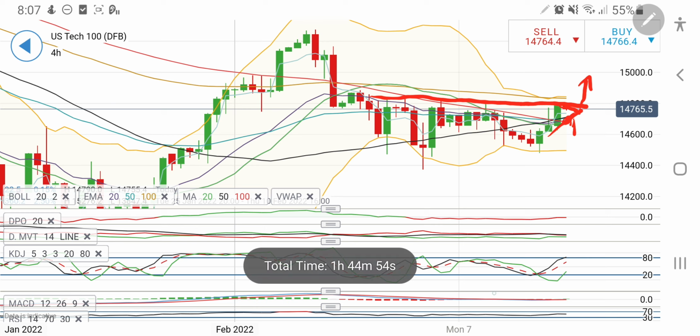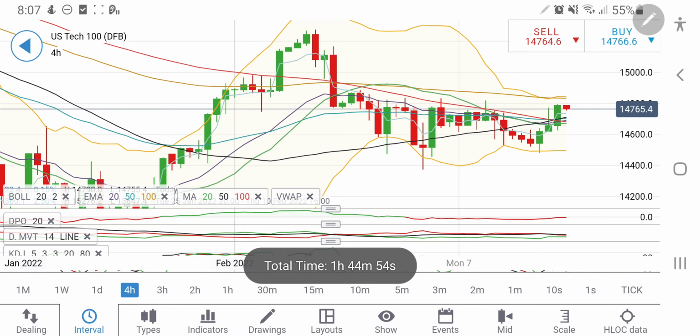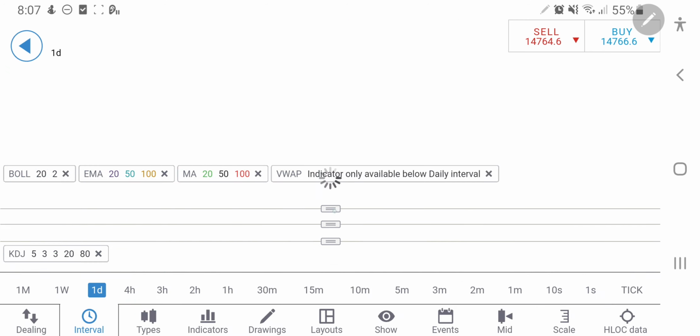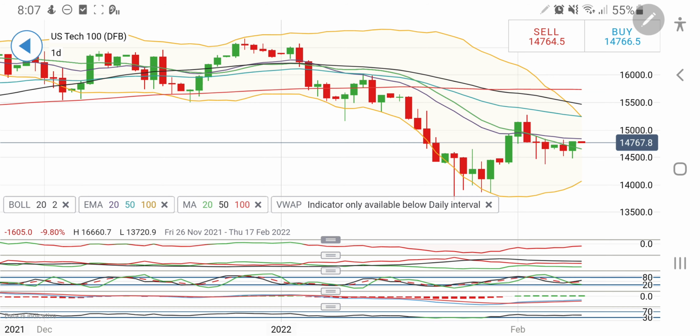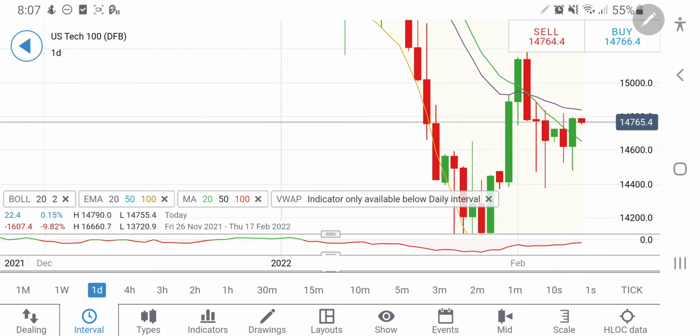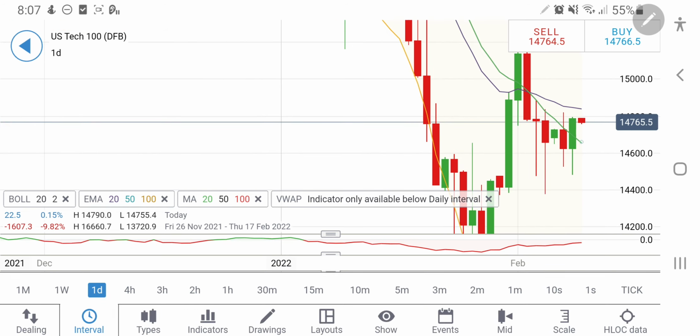Now let's have a look at the daily charts. We have seen the 4 hour charts. On the daily charts, you can see that this 20 period moving average will provide a strong support at 14,650, and once it breaks 14,800, there is the 50 period moving average at around 14,850 levels or so. Once it breaks this, it will definitely fly higher towards 14,900, and in fact it can go towards 15,000 levels.